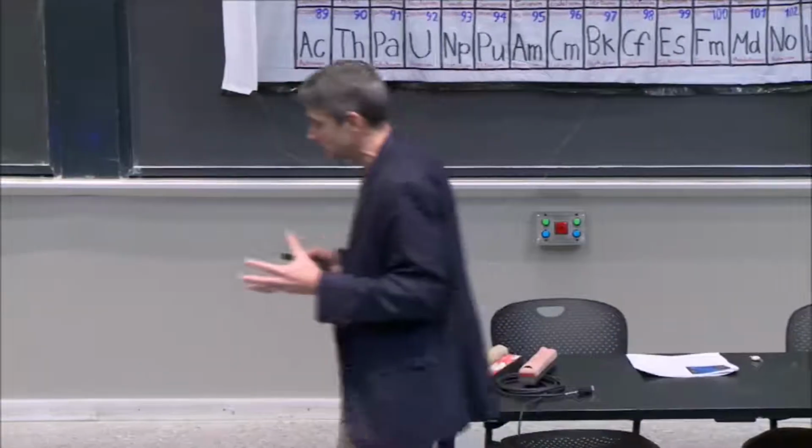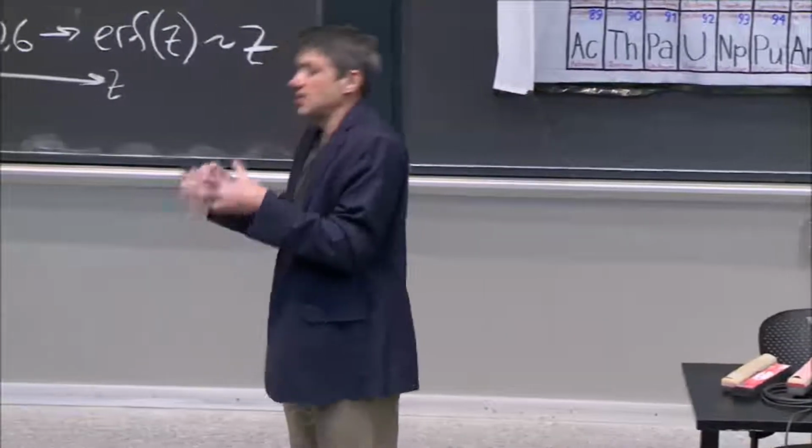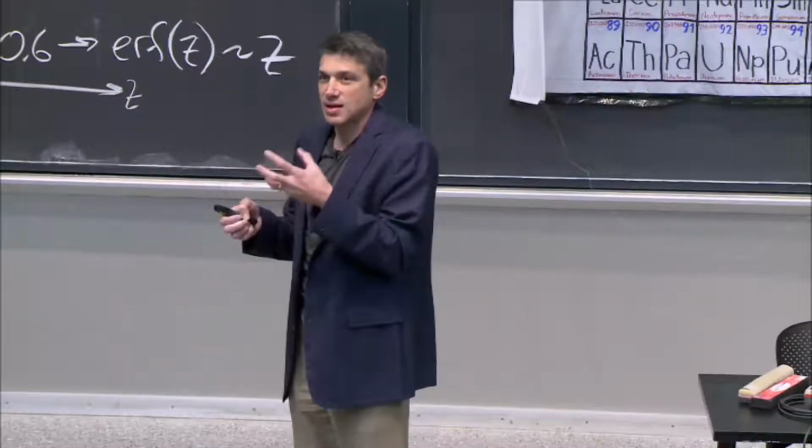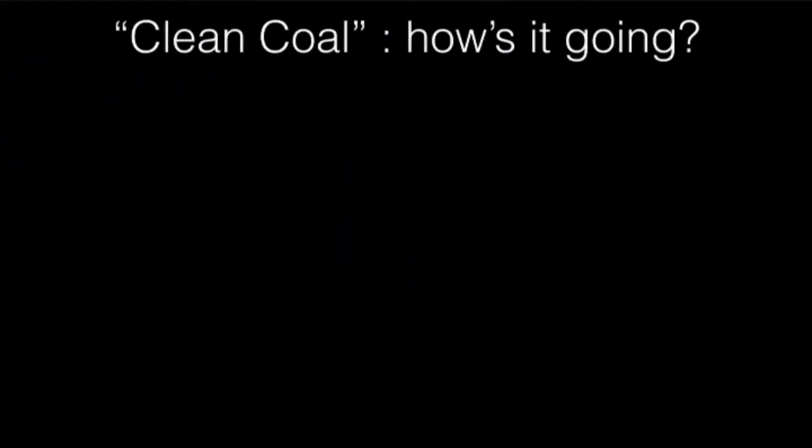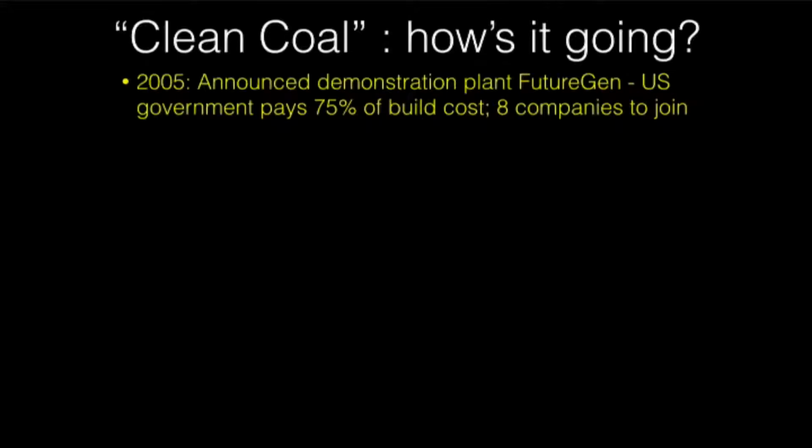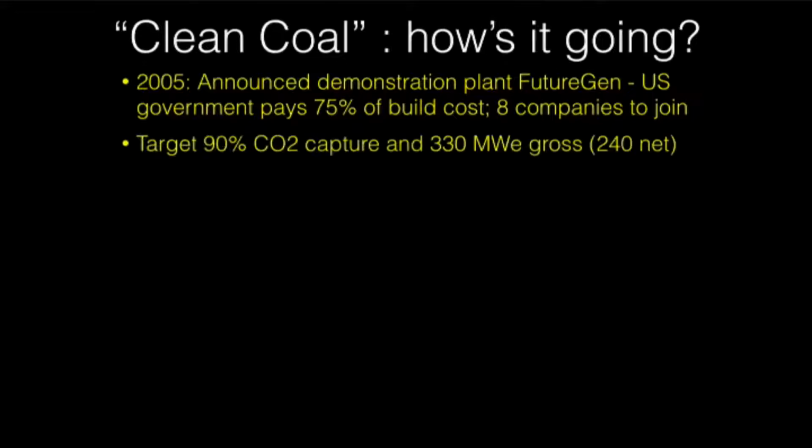But what about technologies where you simply sequester it right there, where you make it, like clean coal? You may have heard of clean coal, right? So I'm going to look at a case study of a clean coal project in the U.S. In 2005, I got really excited because 8 companies joined, and it was called FutureGen, and the U.S. government was going to put a lot of money into it. They were going to capture 90% of the CO2. You get a little bit less efficiency, depending on how you think about it. It could be 30% less efficiency, less power out of the plant, but you sequester the CO2.